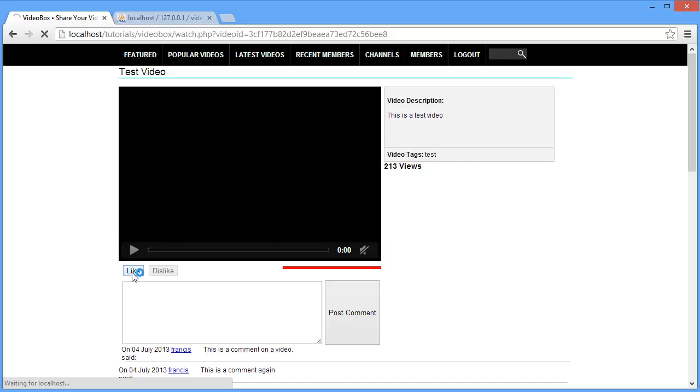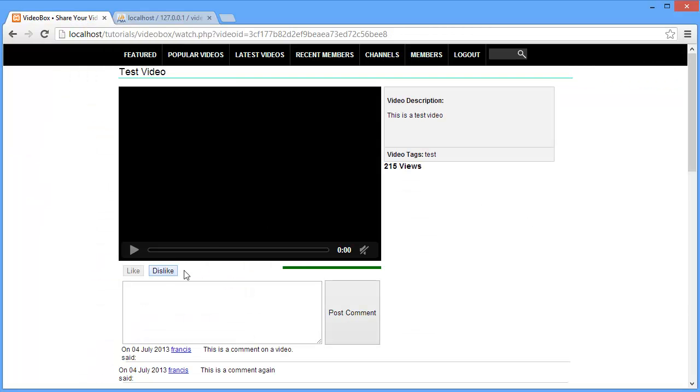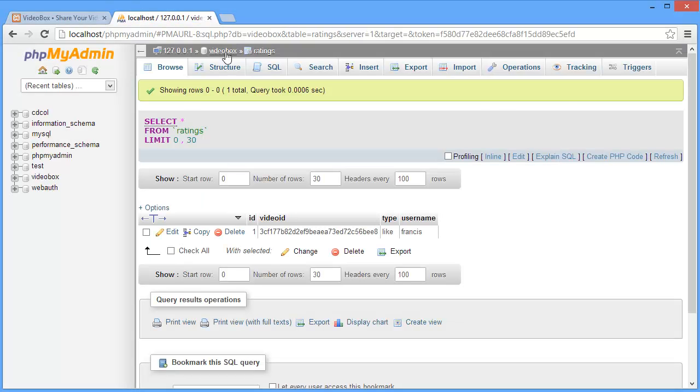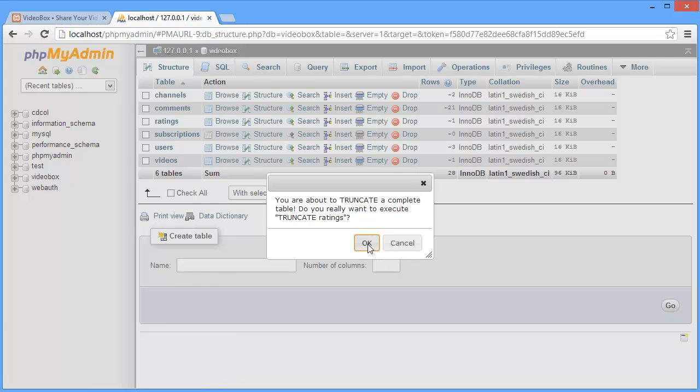Then if I click like again just to check the like button, because it's going to run a separate piece of code this time, as you can see the same thing happens again. It just updates the database and sets the rating equal to a like instead of a dislike. So our like system, or our rating system even, is almost finished. But if we empty this again,